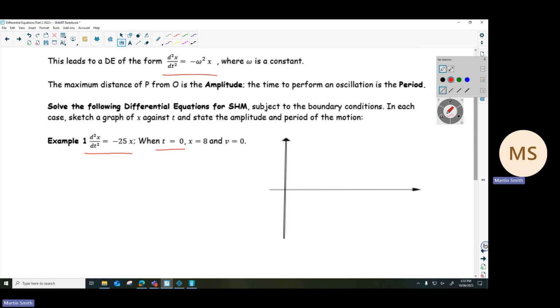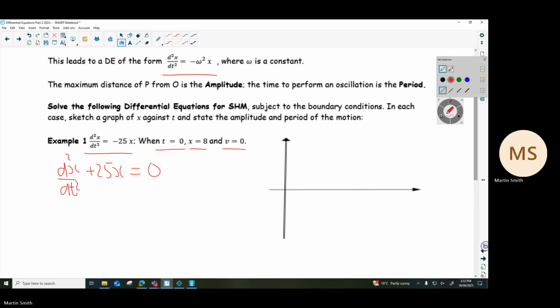I'm told initially when t is 0, the displacement is 8 and the velocity is equal to 0. Now, if you were doing this as a physics student, you might be expected to just write this down. As a further maths student, you're supposed to solve this differential equation, which we can do by getting everything across to one side. So this differential equation is the same as d2x by dt squared plus 25x is equal to